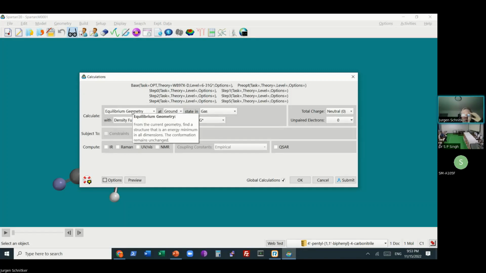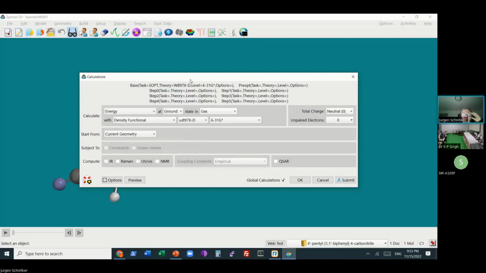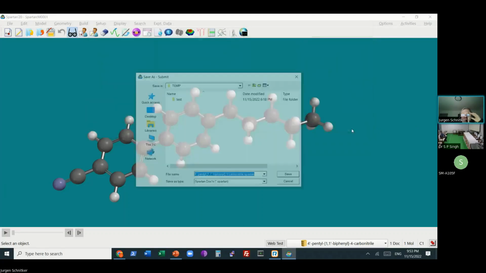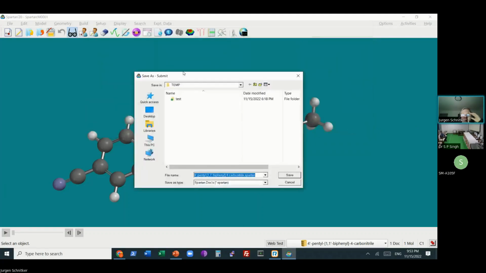Okay, so I will switch here from equilibrium geometry to energy. So actually, I will now do the quantum mechanics for the structure as I just built it. I will use density functional theory, so something pretty fancy. I will switch to the B3LYP functional, which is sort of the most common one in the world of chemistry. I will do a submit.